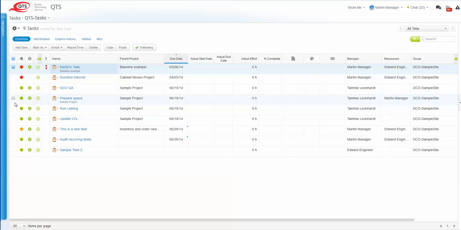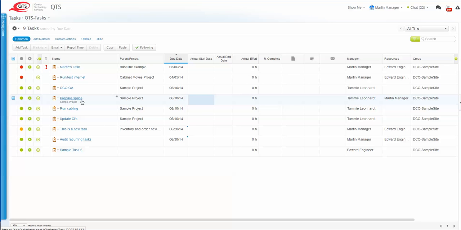And then after that, we'll take a look at how you can also update your status and time worked from an email without actually having to log into Clarizen at all, which is sometimes appropriate. So here I'm Martin, and I have this task highlighted. Now, if I want to open the project to see all the collaboration notes that people have entered, all the instructions,